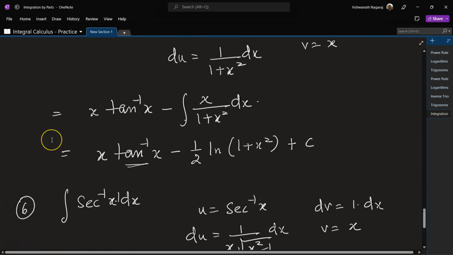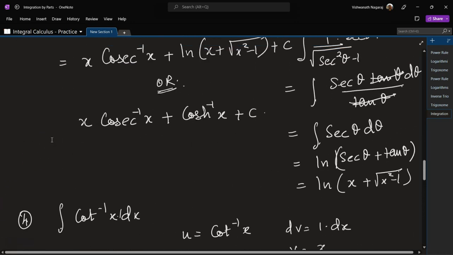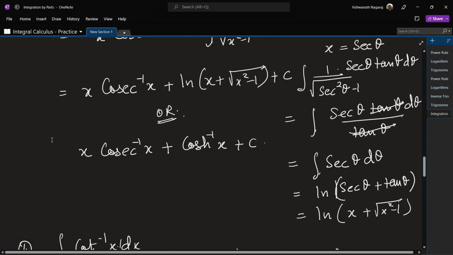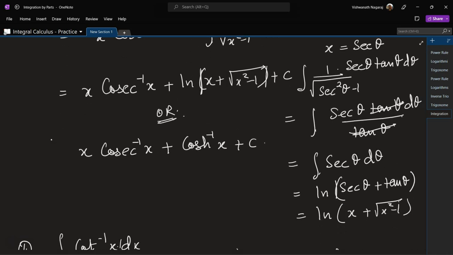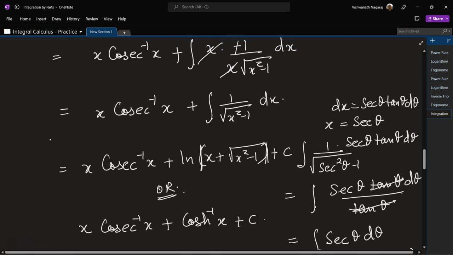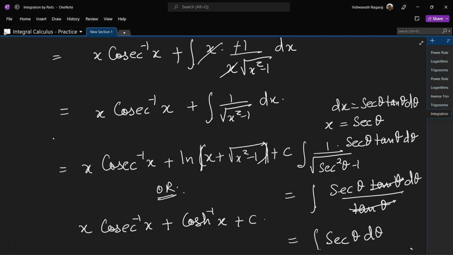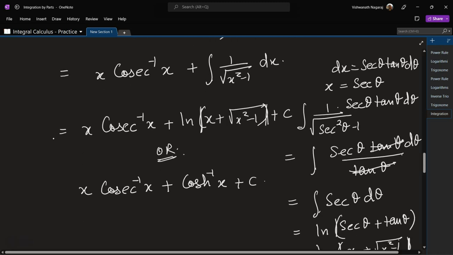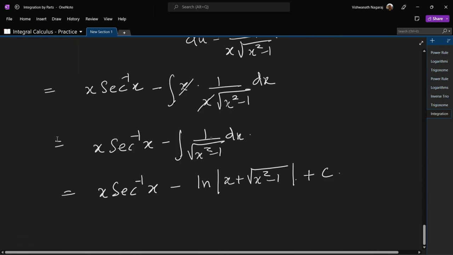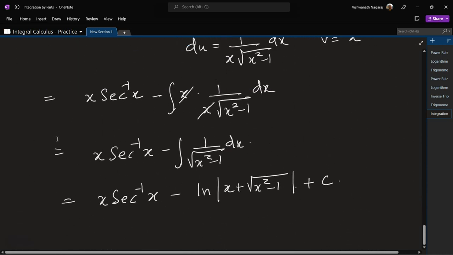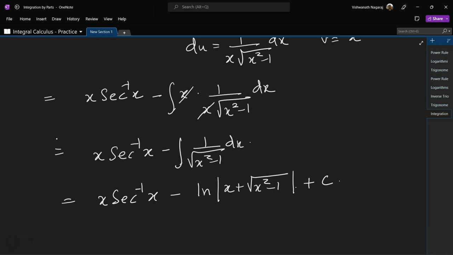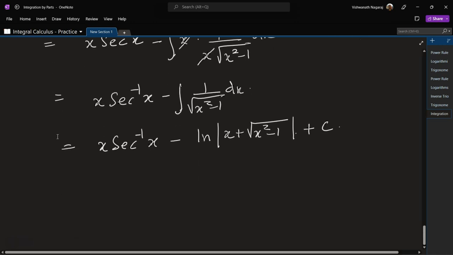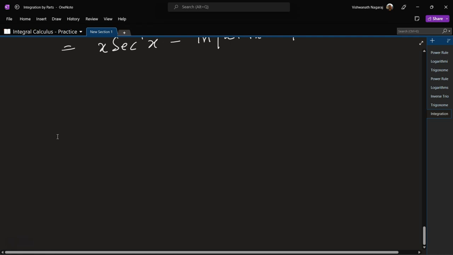This one we had arrived at for cosec, right? So here we have cosec. By the way, this should be absolute value, okay, to be on the safer side. So here we had derived the integral of 1 by square root of x square minus 1 by doing the x equal to sec theta substitution. So here also, if you notice, we have integral of 1 by square root of x square minus 1. Okay, so now let's look at the next one,